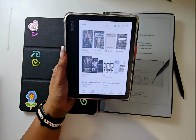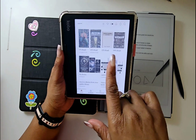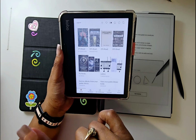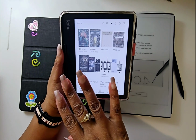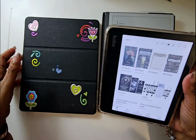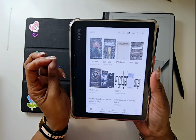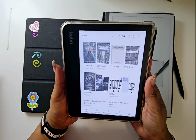And then there are other books that I just could not get through the Kobo store, because it wasn't available because of Amazon, whatever. And for ones that I could not convert, I would just use the library, the Libby app. And that has solved my problem. So if you would like to get the Kobo, but these books I have, and Kindle Unlimited, those books aren't available on the Kobo, check the library. You can get your ebooks, and I have not had a problem getting the books I'm really interested in reading,